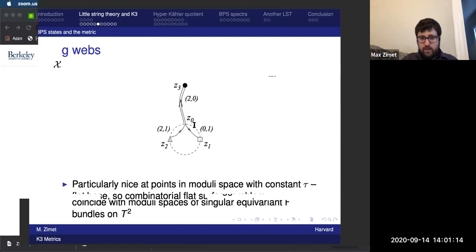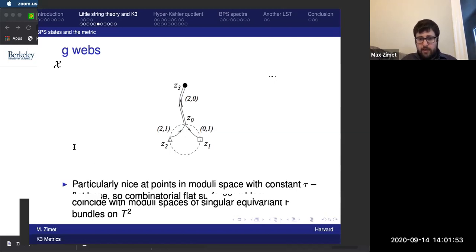This sort of diagram is hopefully familiar to mathematicians also as a tropical description of some holomorphic curve in K3. So these numbers here, physicists would call them the charge of some string, but mathematically they're labeling what one cycle. You fatten this string up into a holomorphic curve wrapping some one cycle in the elliptic fiber over this point. And this is telling you what one cycle to wrap.